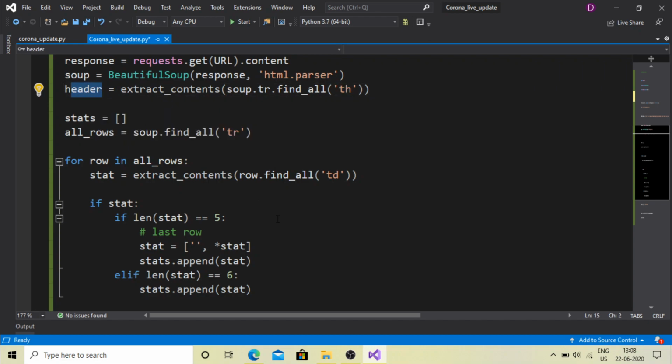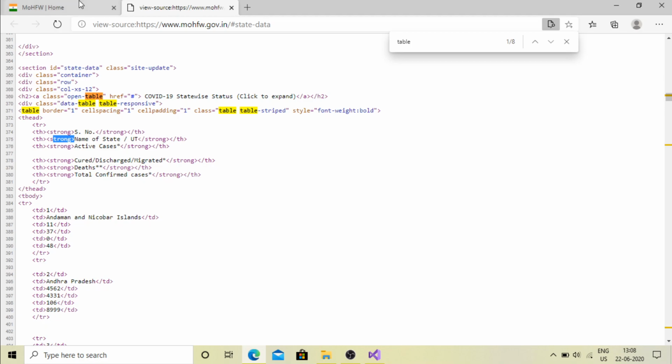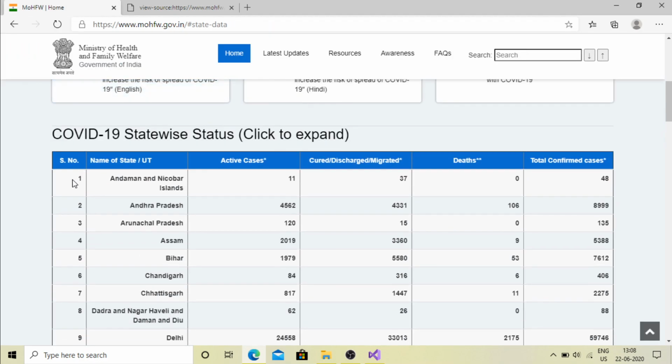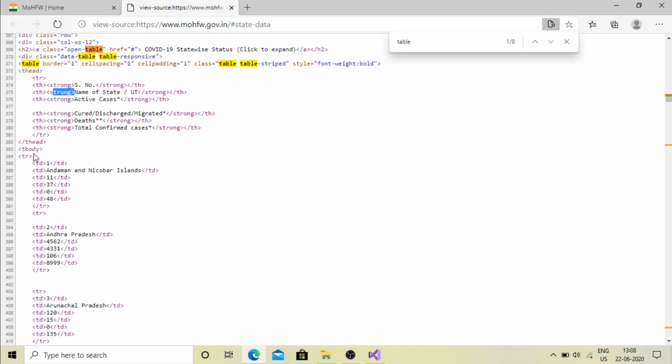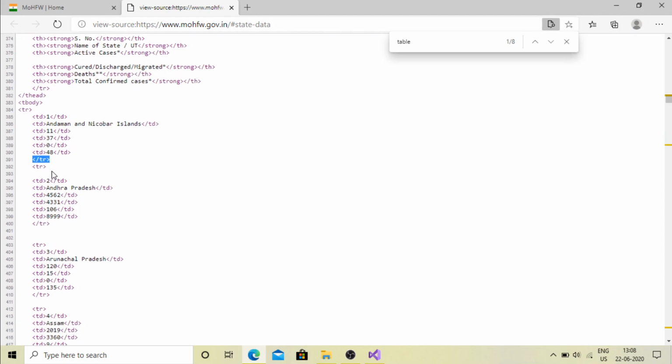Next thing, we want to extract the row wise data of the states. We want all the rows, all the 35 rows, including the total number of cases and cases being reassigned. As you will see on this page, we have a tr tag, and inside that we have a td, which stands for table data. So we have this one, Andaman and Nicobar, the name of the state. Similarly, now this tr tag is closed, and for the new state or the new row we have started a new tag.